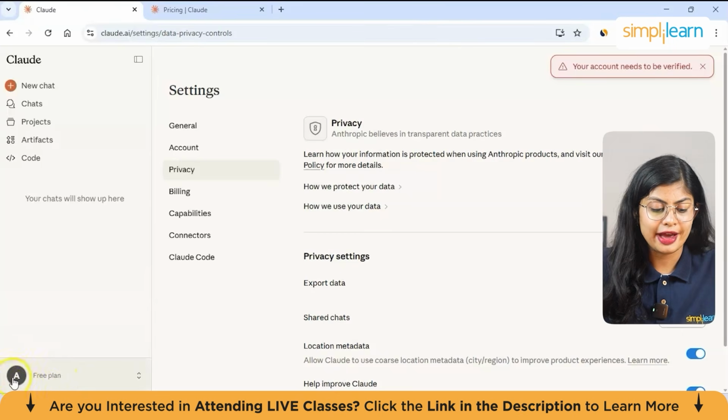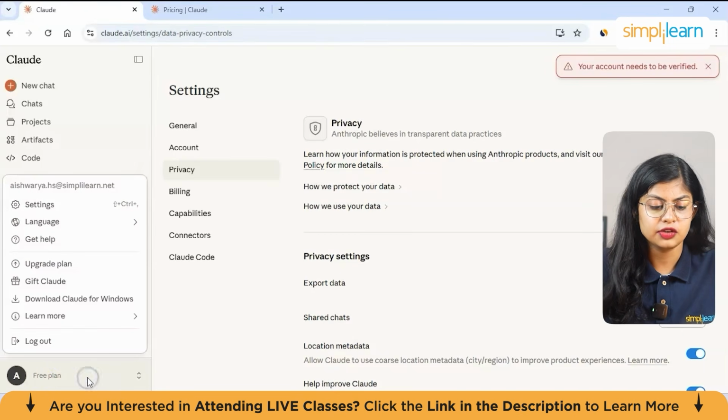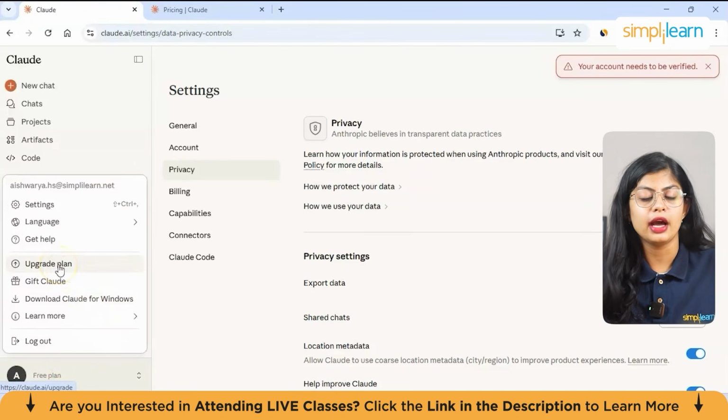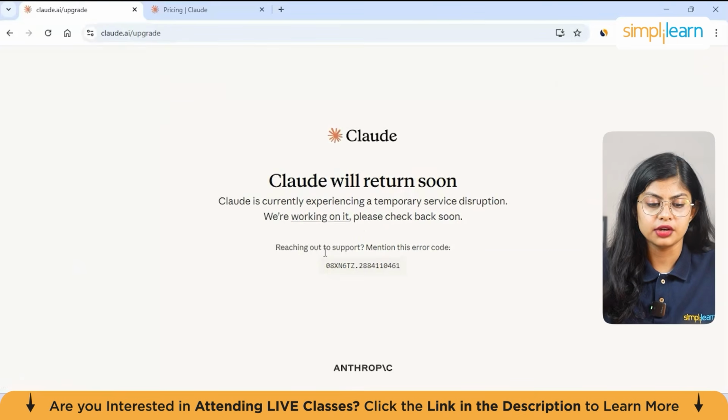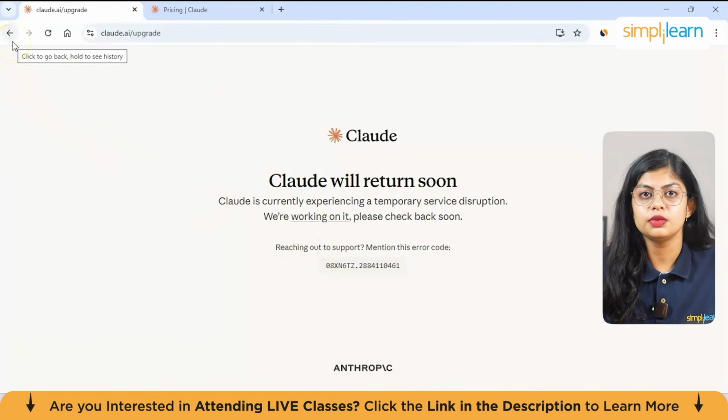So here, as you can see, you have your profile and a free plan displayed. Click on that, and you will get an option called upgrade the plan. If you click on that, okay, here it's not reachable. It'll ask you which version you want to go for, and you can just click on it and